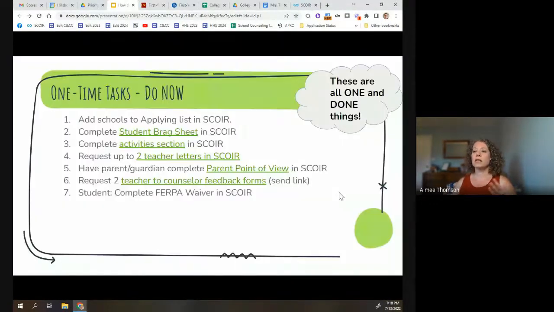All right, so getting started. We're going to talk about working on applications more in a little bit, but when we talk about the process, there are some things that you have to do for each school that you apply to, some things that are a little bit more labor intensive. But then there are other things that I call my one and done list, things that you can do potentially now and remove from your plate so that students, you don't have to really think about them anymore. You might have to monitor that someone else takes care of their part, but you can let it get out of your brain so it can stop taking up brain space.